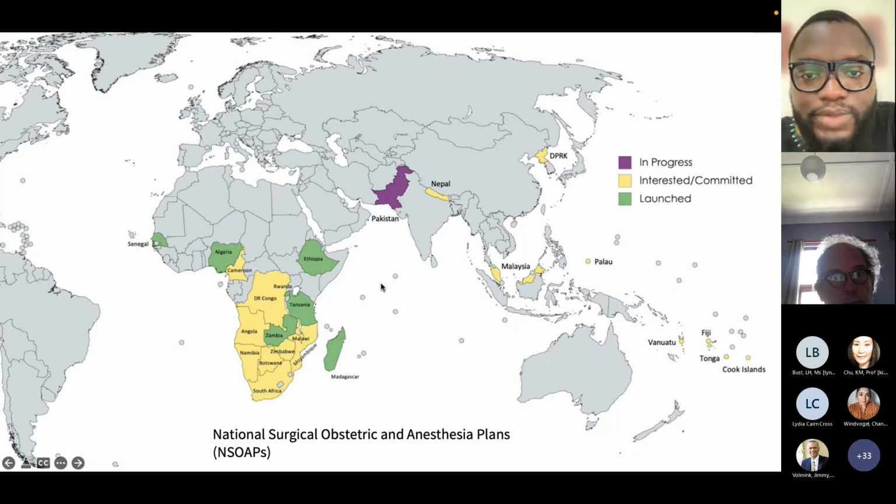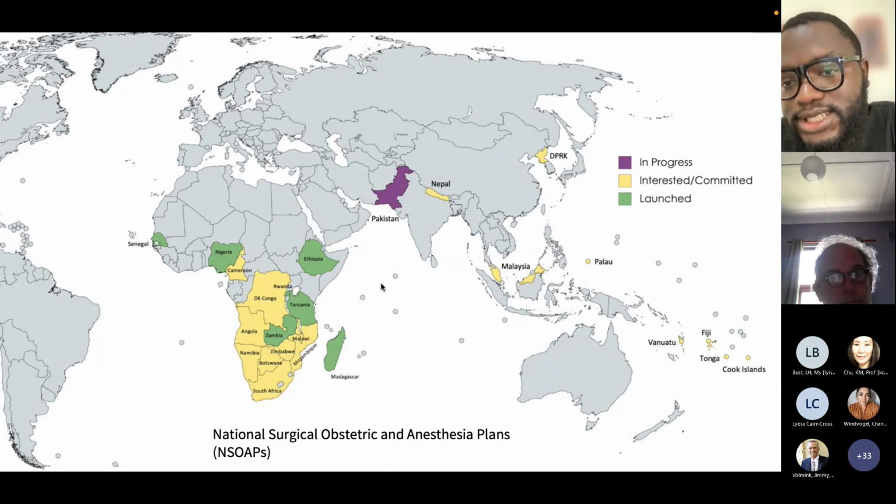Since then, there has been progress from a policy perspective from countries around the world, particularly in sub-Saharan Africa, to develop what were called National Surgical Obstetric and Anesthesia Plans. And these are quite well-crafted plans, in my opinion, that assess the barriers and the capacity and the inequities of surgical care in a particular country. And the stakeholders